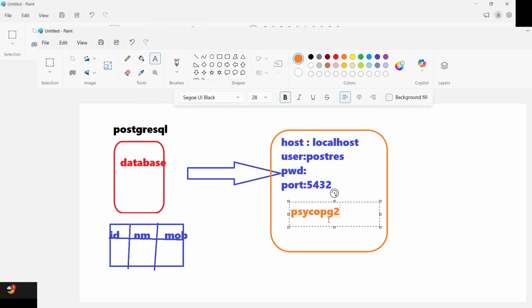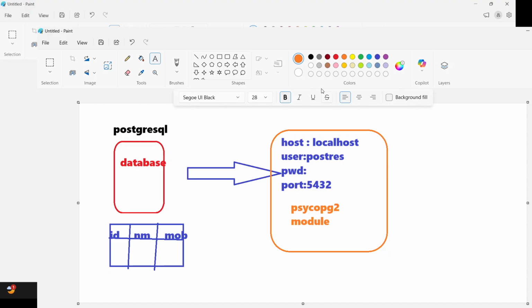As usual, our very first step is to install this module, and once it is installed, we use it. This is the module that we have to install, and it provides many built-in functions.